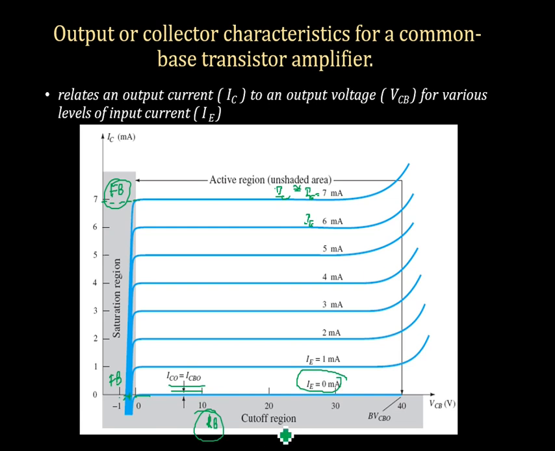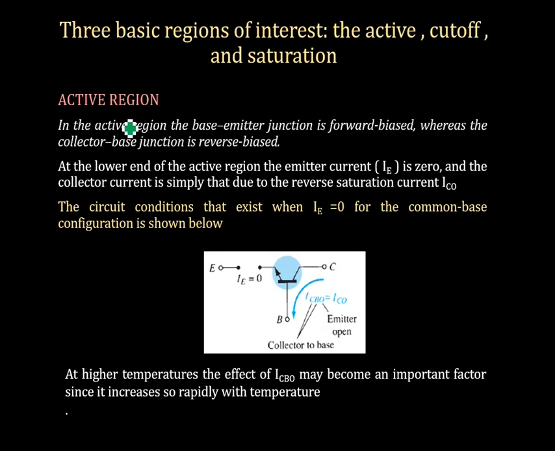Now this curve, if you are wondering why it is going like this, it is beyond the breakover voltage. That is, beyond a particular reverse bias voltage, the collector base junction will break down. So the transistor operation has to be limited between this region, and all these data will be provided in the data sheet of a transistor. If you choose a transistor to form a particular circuit, you have to go through that before using a transistor for a particular application.